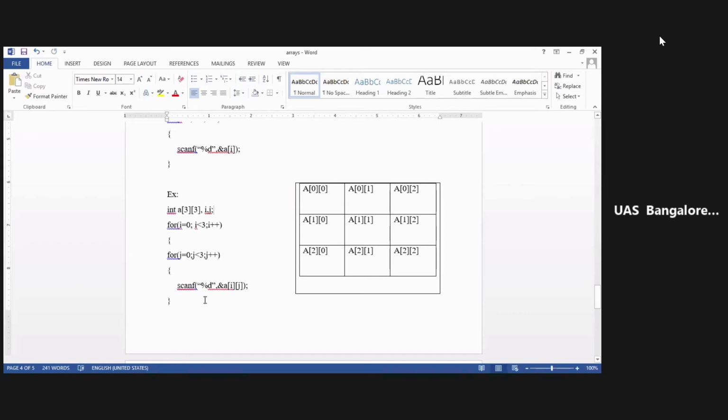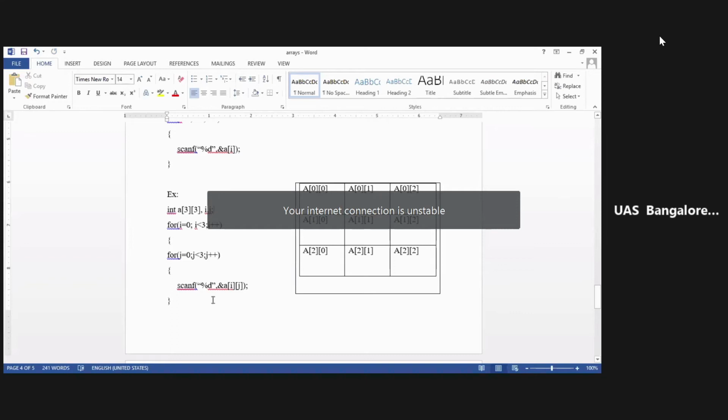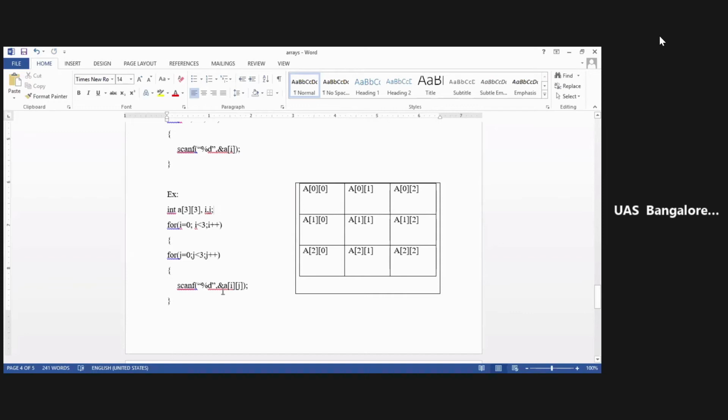So at A of 0 0, whatever value you enter, say I enter 2 as the value, this 2 will go and be stored at A of 0 0.